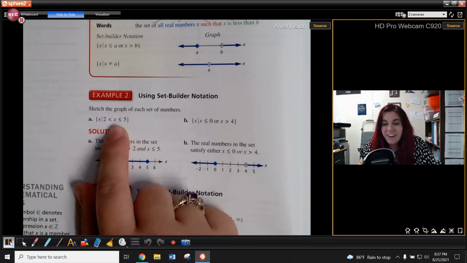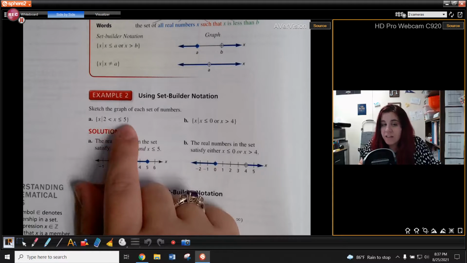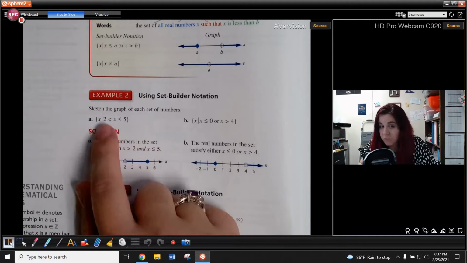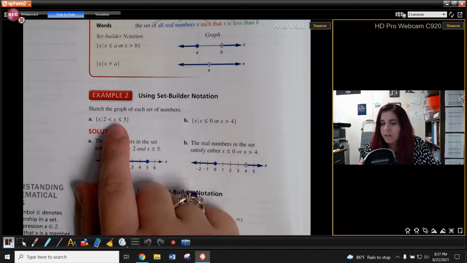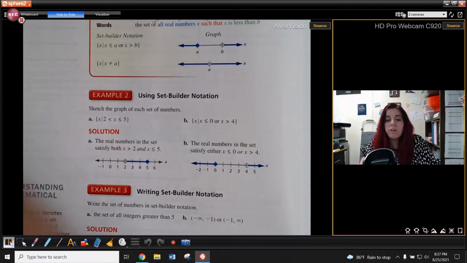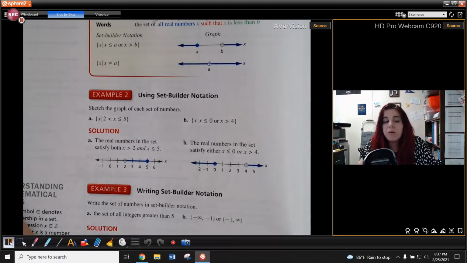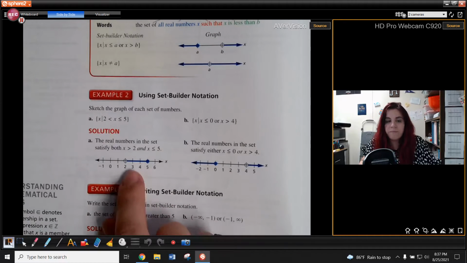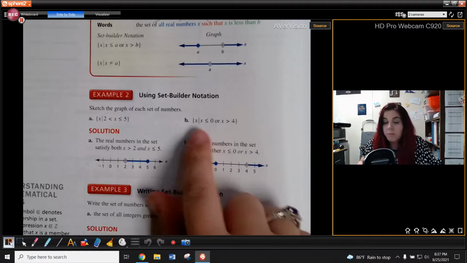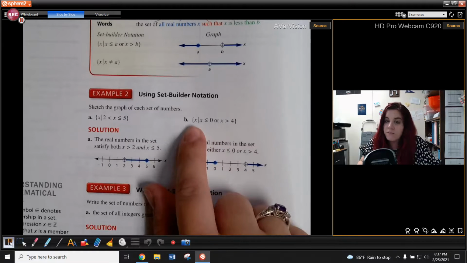But this is saying that x is between 2 and 5. It is not including 2, but it does include 5. So when we go to graph this, we should talk about shading that range between positive 2 and positive 5. 2 is not included, but 5 is. And you can see that with this graph. Nice and pretty. The next one, part B, this says the set of all real numbers x, such that